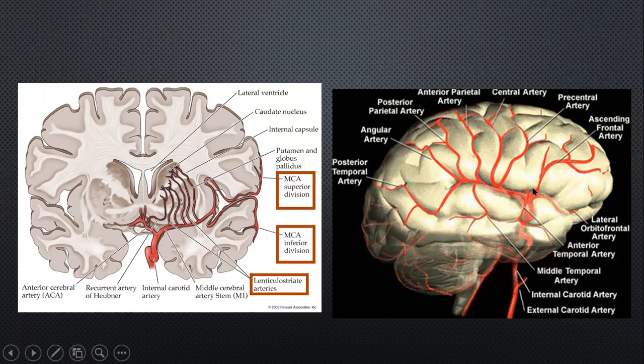And the MCA branches are again labeled according to what they are supplying. We have the ascending or the anterior frontal, which also partly supplies Broca's area. Then you've got the precentral, the central, and the post-central arteries. And on the left side, you of course have the angular artery. We have looked at this anatomy when we looked at the angular gyrus, and finally parts of the temporal lobe can also be supplied much more posteriorly, typically by the PCA territory, but certainly the anterior is supplied by the anterior and the middle is supplied by the MCA.